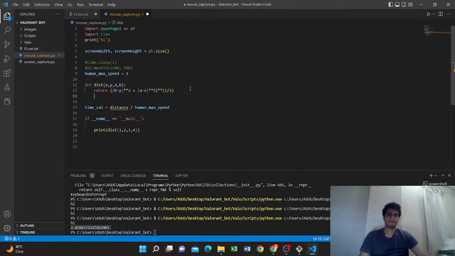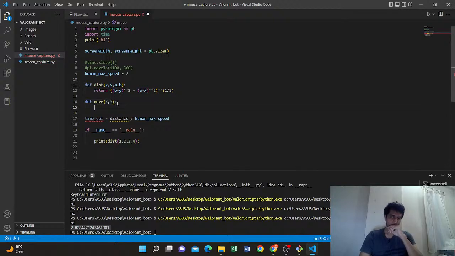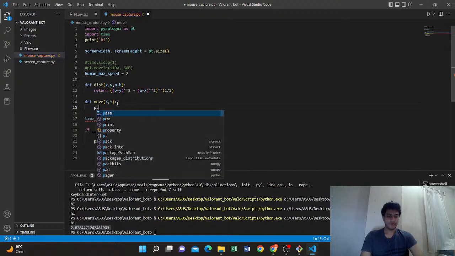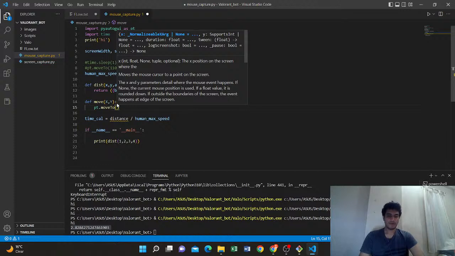So let's make a function, def move to. What will we need? Where we want to go, right? So let's pass in x comma y here, and let's pass in capital X, Y, so we don't have confusion. And yeah, we have to call pt dot move to, and here we have to go to x comma y,